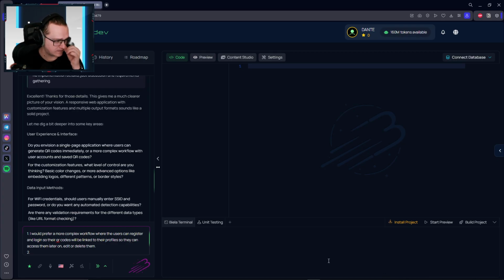Okay, so I'm thinking about... actually let's use color changes, mainly because maybe someone wants to build their QR code with their branding. Color changes,